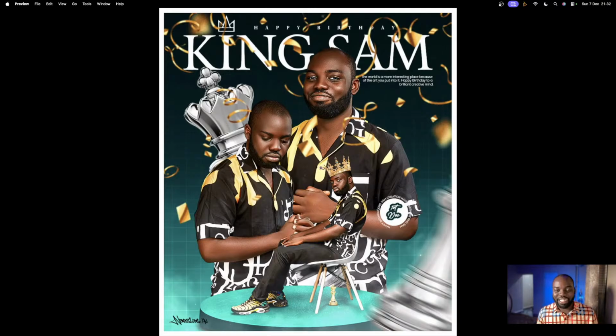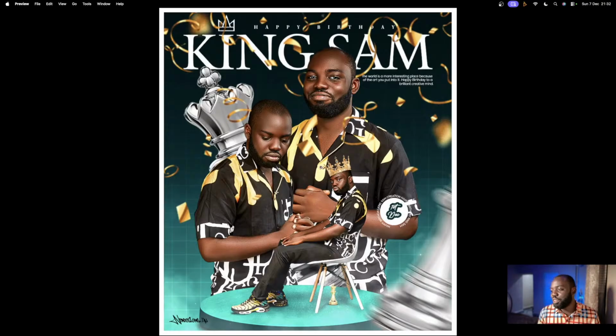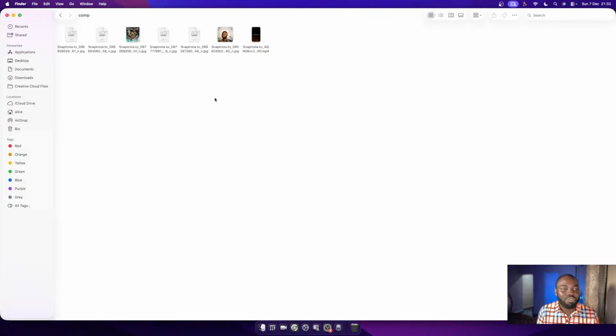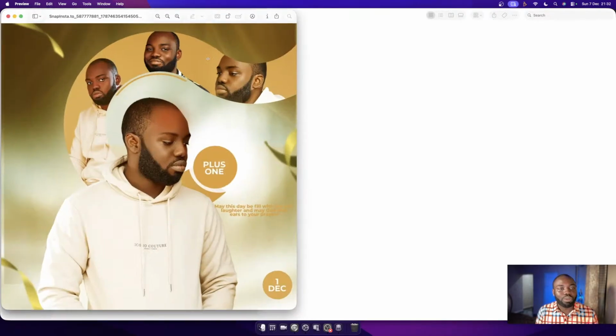I actually like it. The other guy used three of the ones where I was wearing cardigans, but NDA decided to go for the three where I was wearing this vintage looking shirt. This design is actually amazing also, and I really like it. Let's go to the next one.